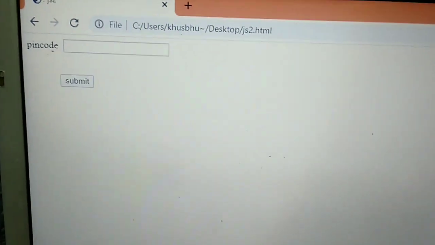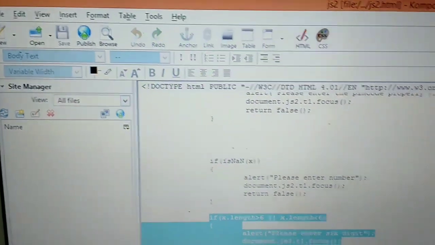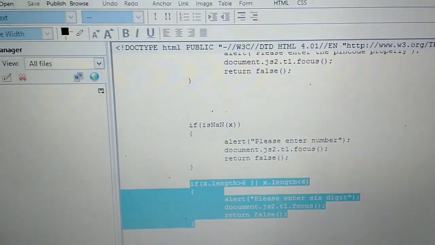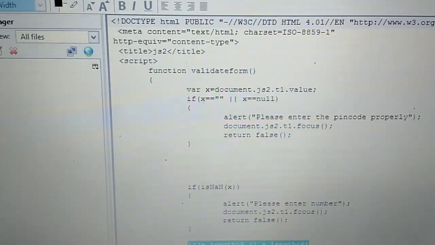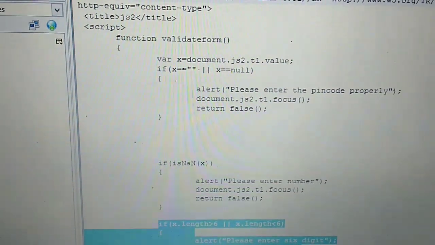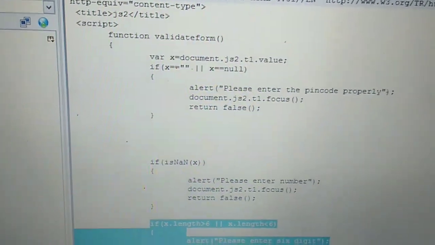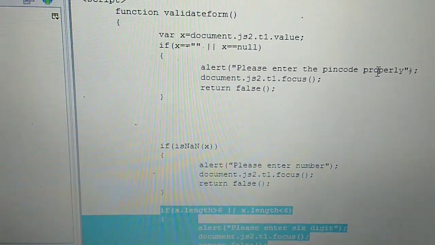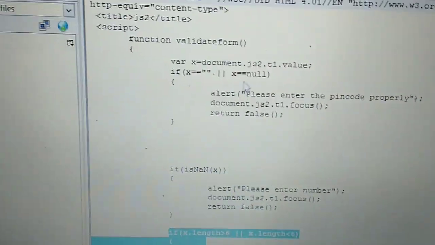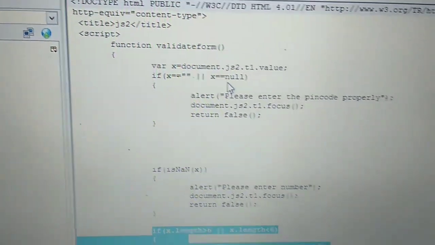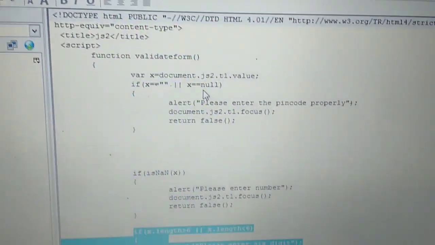So our JavaScript example is for a pin code, and you have to validate your pin code in 3 conditions. First condition is you have to compulsorily write your pin code inside a text box. You can't leave your pin code field empty.